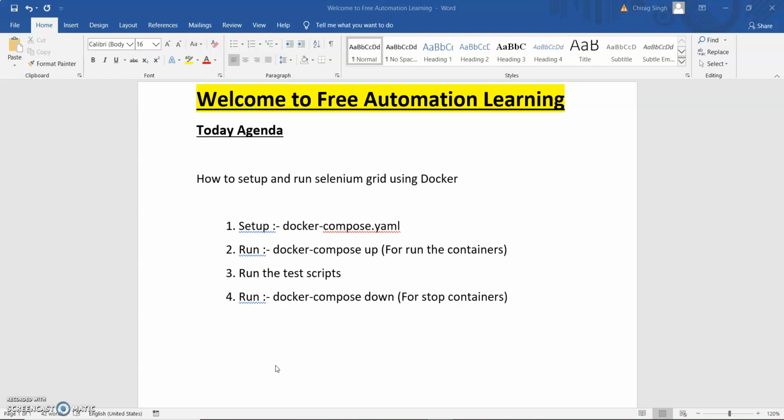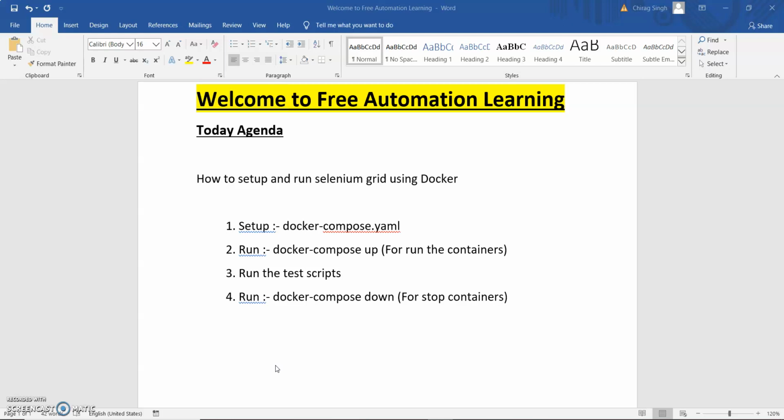So today I'm going to discuss how we can set up and run Selenium Grid using Docker. In the previous video we saw how we can run Selenium code through Docker, and how we can pull the Selenium Chrome standalone image to our local Docker.